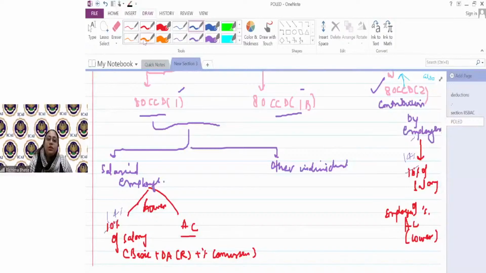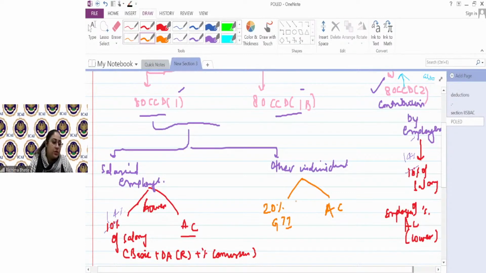Now, what is the deduction allowed to them? For a self-employed person, the deduction is actual contribution of assessee or 20% of gross total income, whichever is lower. Actual contribution or 20% of gross total income. अब यहाँ पे आप बोलोगे कि मैम ये सही नहीं है, यहाँ पे तो 20% मिल रहा है gross total income. So I will say यहाँ पे 20% इसलिए मिल रहा है because